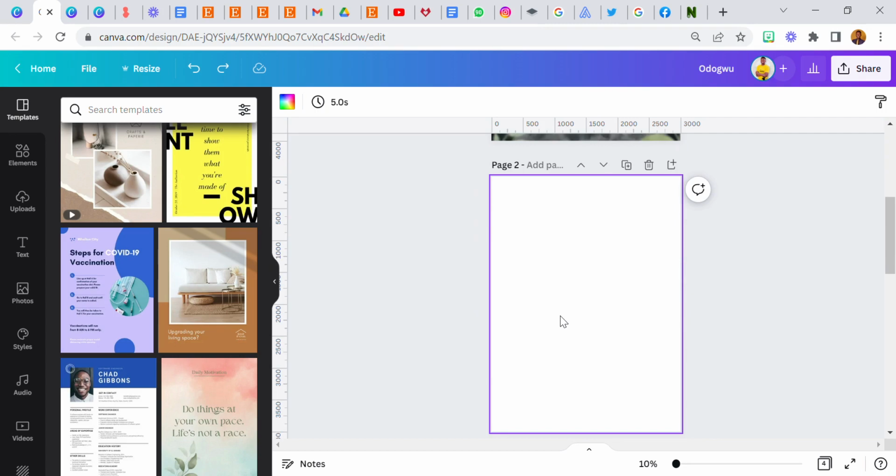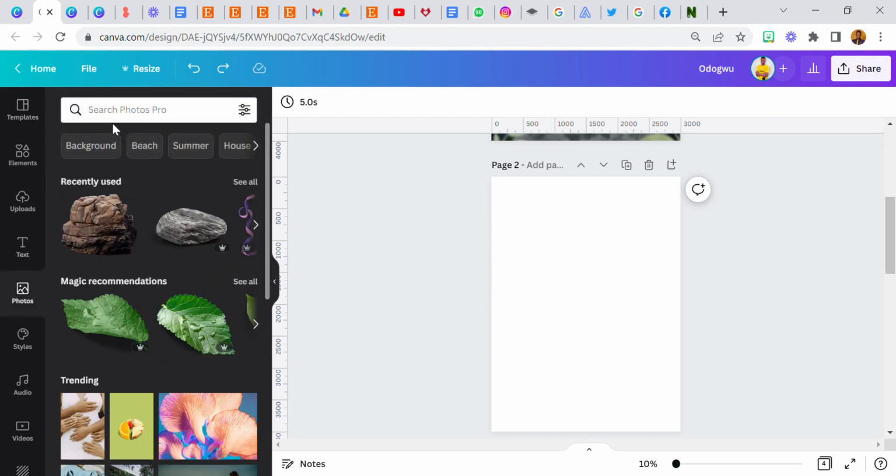Now we're going to go to the blank page. I believe the dimension for this design is 3000 by 4000. Okay, now let's go. So we're going to start with the backgrounds. We're going to start with the backgrounds and go to photos and search for,